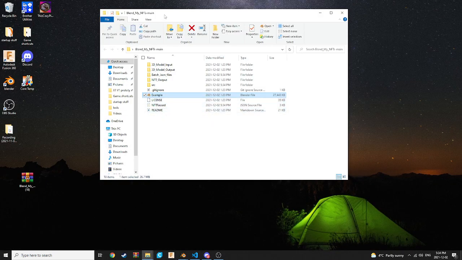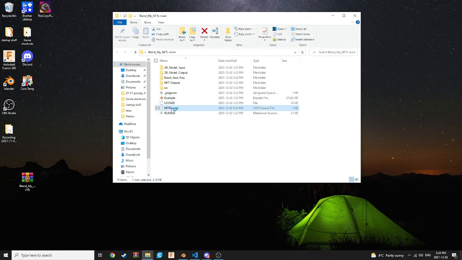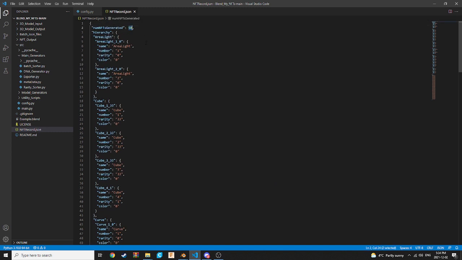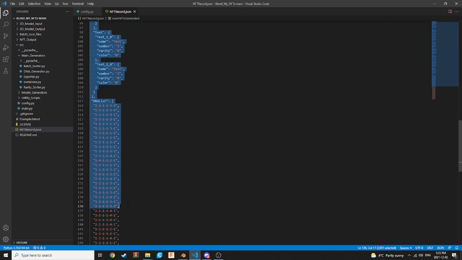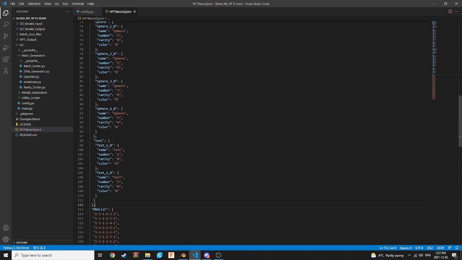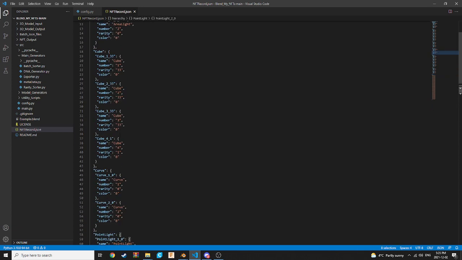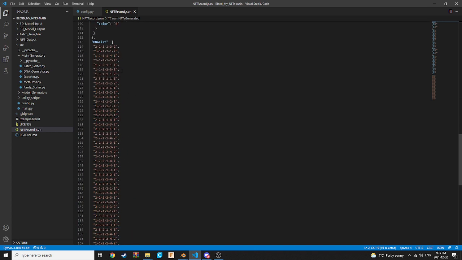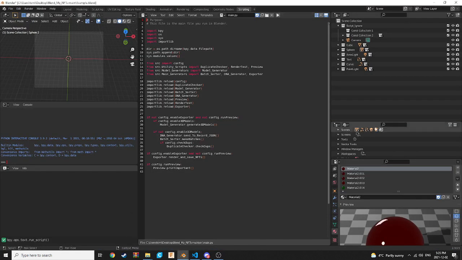So in Blend My NFTs main, we have the NFT record here. Let's open this up, and it says we have 50. So this is basically the ledger of all your NFTs. You can come in here and see everything: your Blender hierarchy, the DNA list, and the count, the number of NFTs generated. This DNA is basically a representation of a possible NFT that you want to generate, and the numbers here correspond alphabetically to the collections,